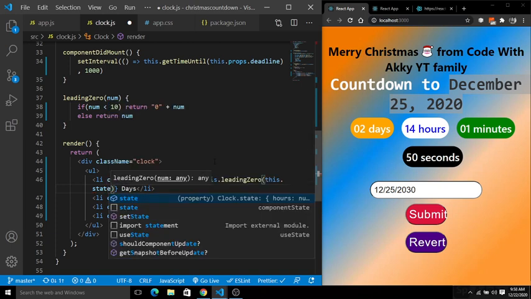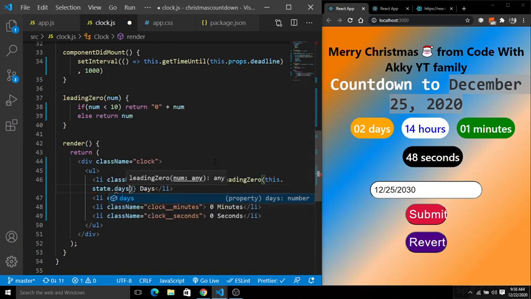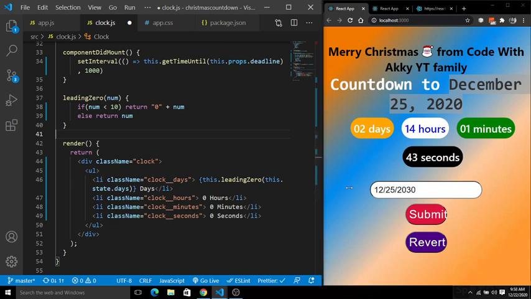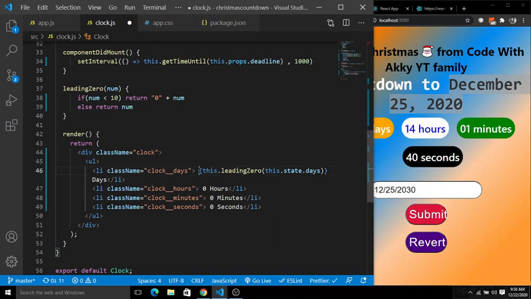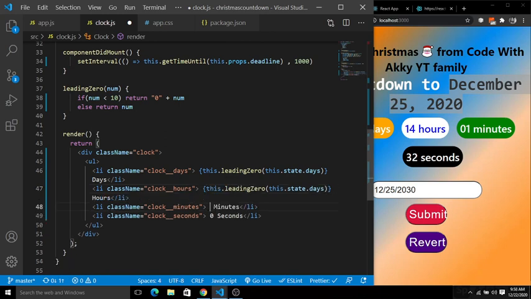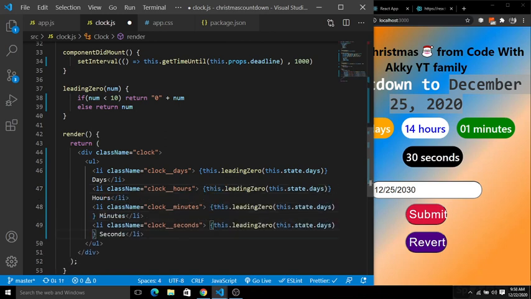So this.state.days. Now copy this and replicate the same thing for hours, minutes and seconds. Let me make it bigger. Put it here: we have hours, so hours, here minutes, so minutes, and seconds, so this is the second.